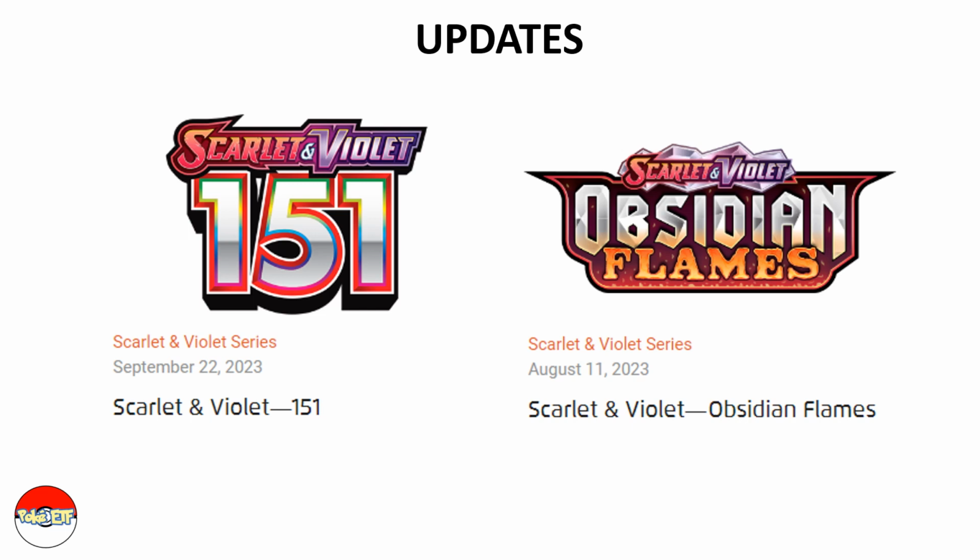And so then updates. I think everyone's getting ready for Obsidian Flames. I think everyone's already getting into Obsidian Flames. Whenever I go into like Facebook, Reddit, or whatever, I can see people are opening Obsidian Flames set and selling the cards. And then we have our Scarlet and Violet special set, 151 special set, coming out September 22, 2023. Again, two great sets, but I know a lot of people are not really into Obsidian Flames and are waiting for the Scarlet and Violet 151. And again, if you're a full art trainer collector, these two sets are great. And I can't wait to buy,